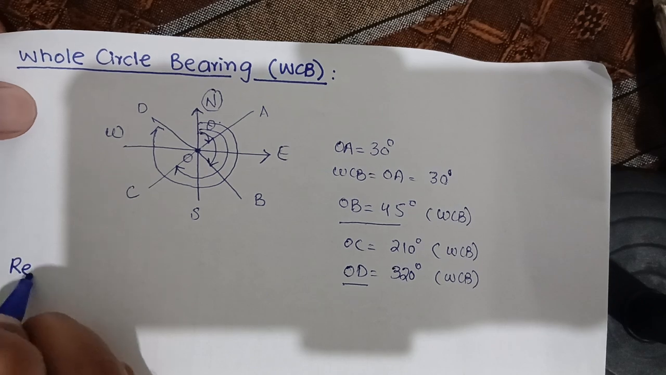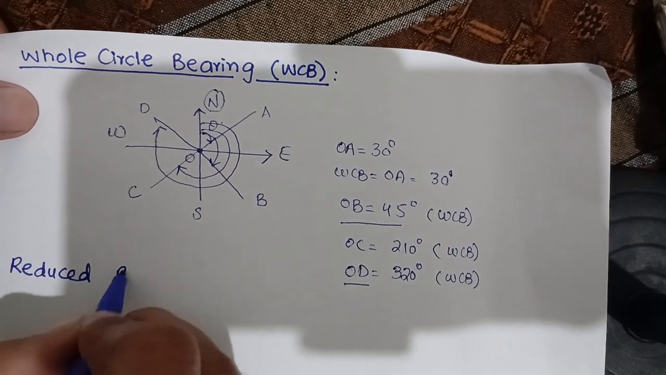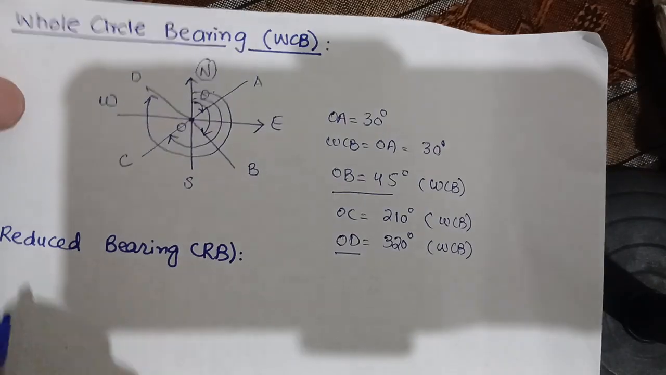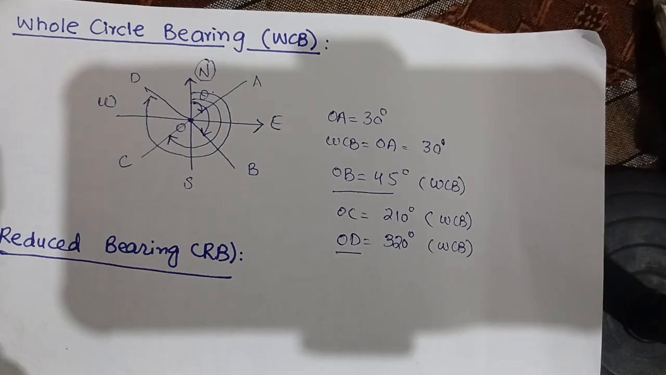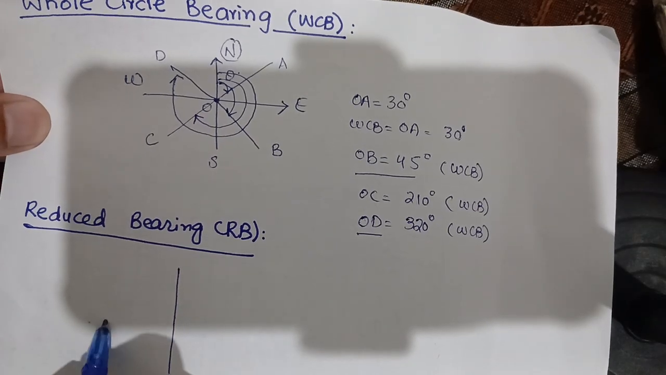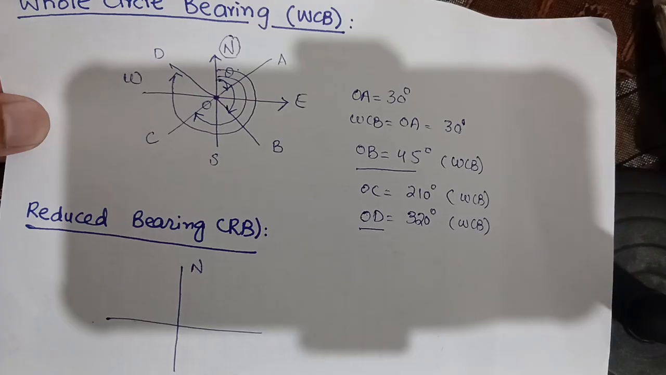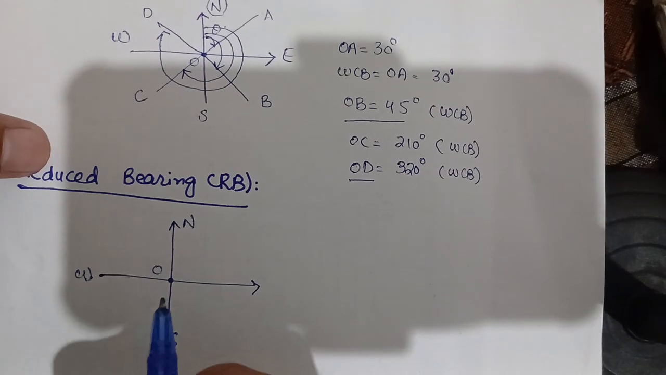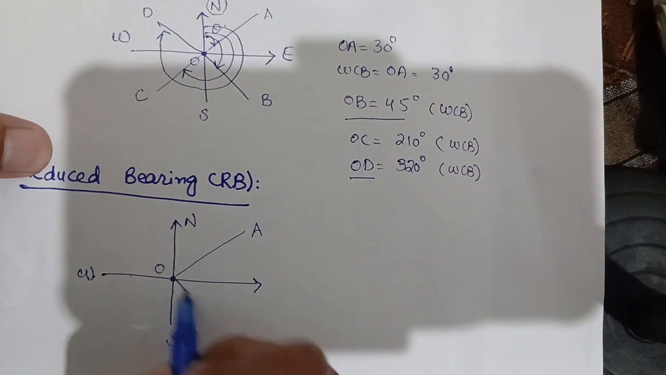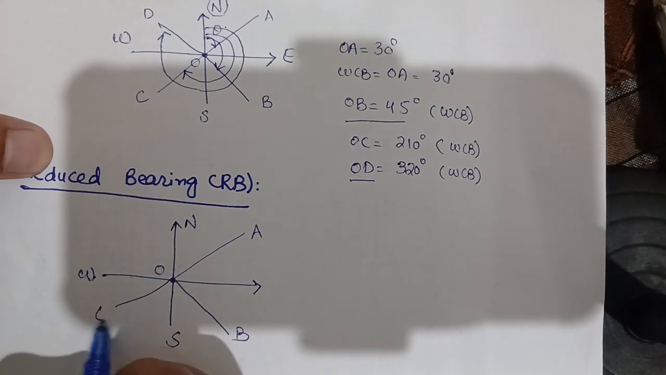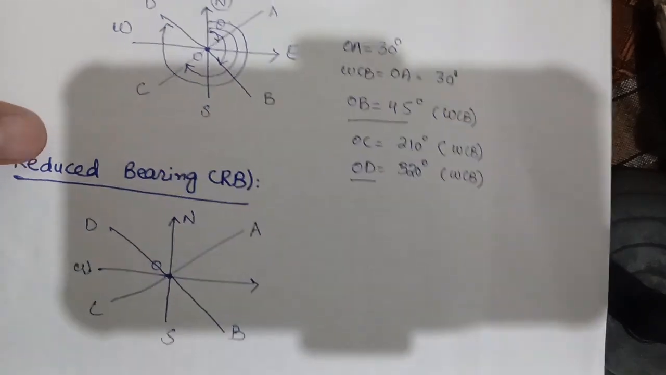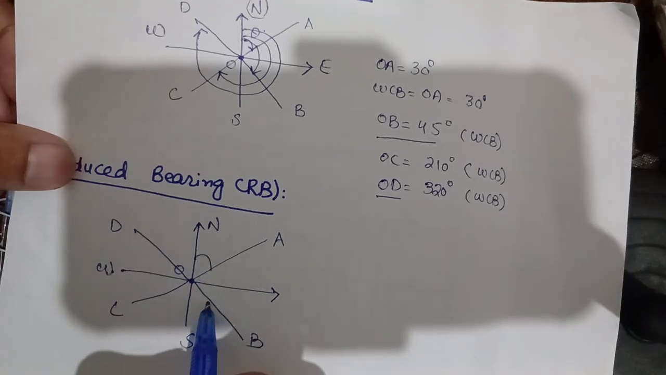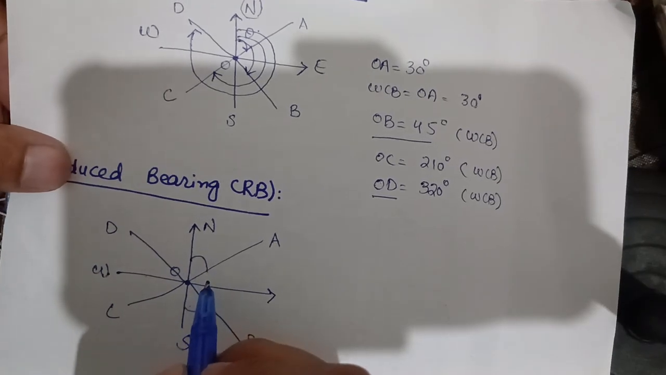Now we will see what is reduced bearing. What is the difference between reduced bearing and whole circle bearing? So we will draw first again the coordinate system in which we have north, south, west and east. This is the center O of quadrants and this is the line OA, this is the line OB, this is the line OC and this is the line OD. If we measure the angle with respect to north or south of a line, this is called reduced bearing. For example, this angle is